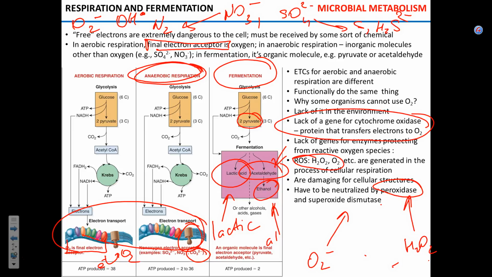So there are multiple categories. First, no oxygen in the environment. Second, no functional electron transport chain. Third, inability to deal with reactive oxygen species. And, for instance, this will be